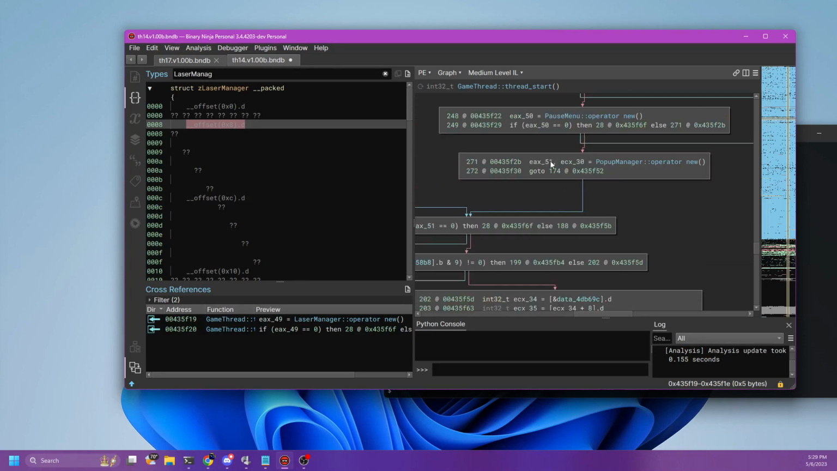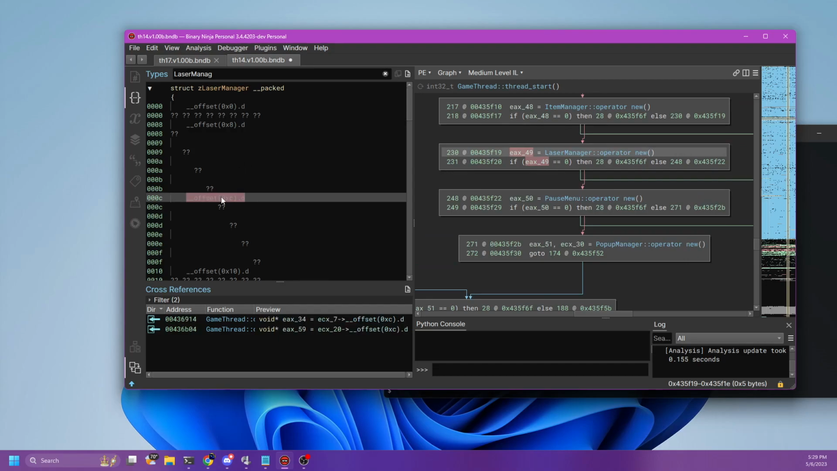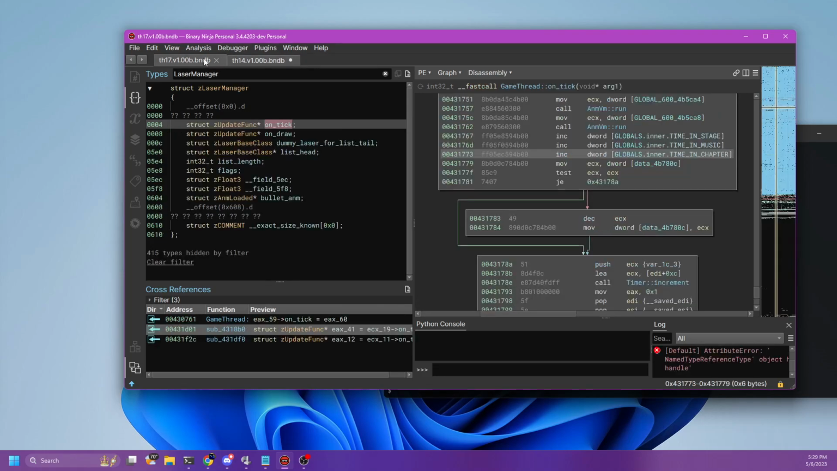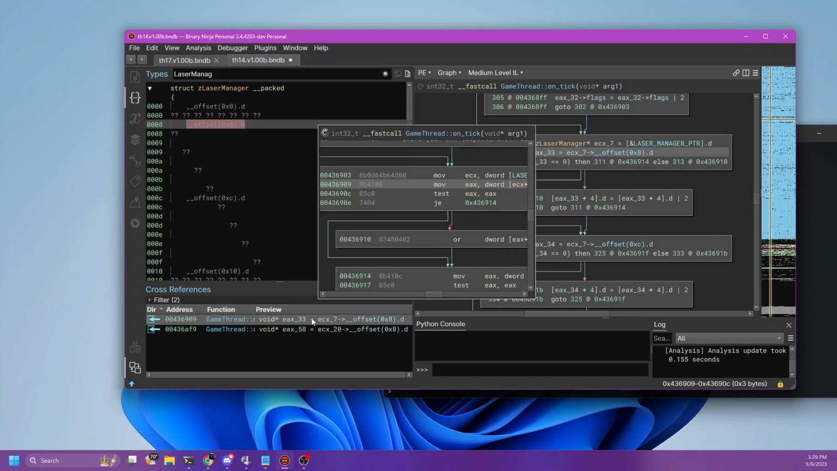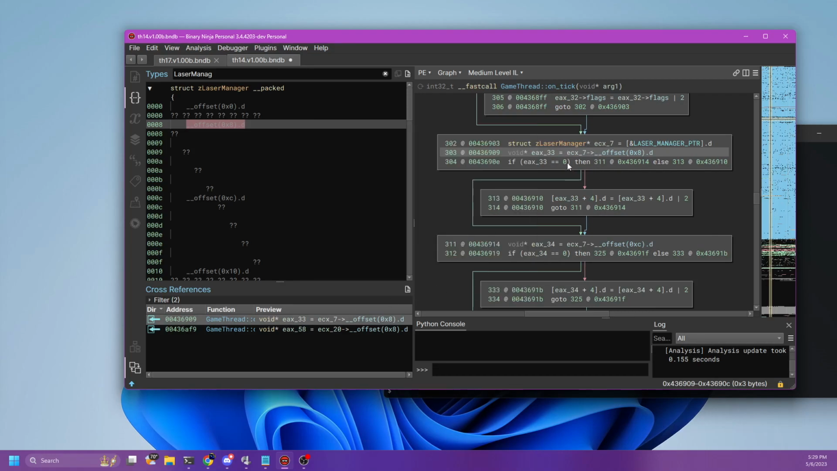Okay, interesting. So I don't know why we don't see the right to this variable in Touhou 14. Yeah, so sometimes you'll run into inconsistencies like that. So actually, it looks like this is on tick and this is on draw. And in fact, if we look at these, we see,